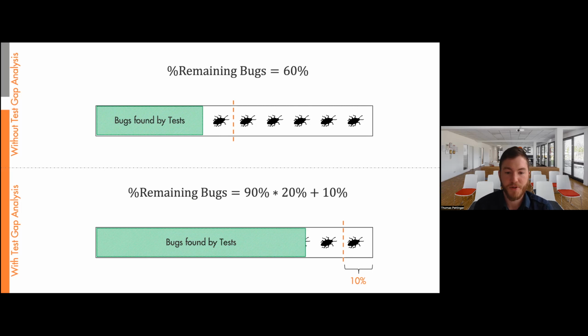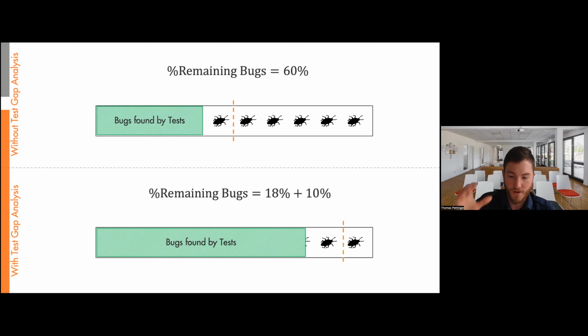Then we have the 90% that actually get tested. And we know from before we have a 20% test ineffectiveness. So 20% of the bugs in these 90% of the systems slip through, which means 18% of the bugs compared to the whole system. So in total, we have 28% of the bugs that slip through when using test gap analysis. So rounding up again a little bit,